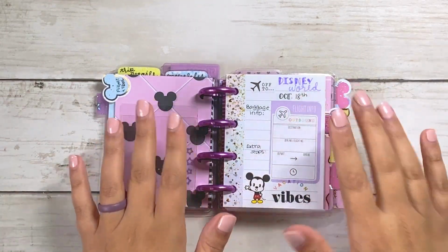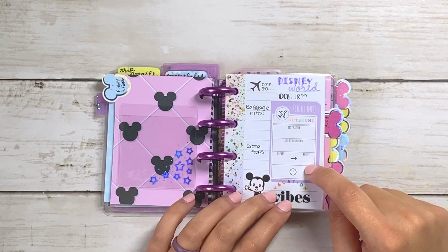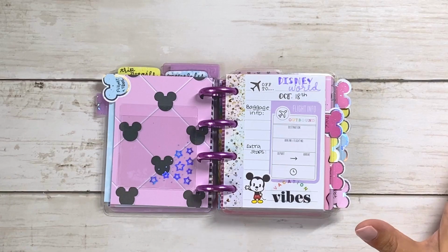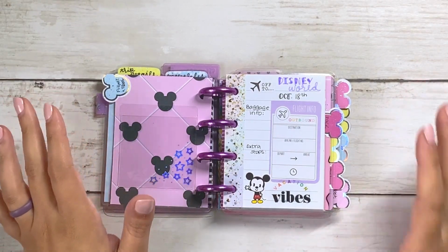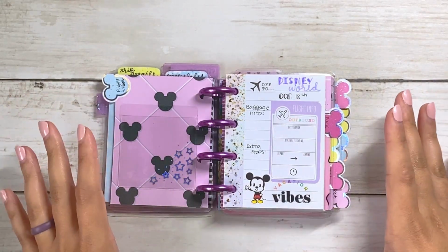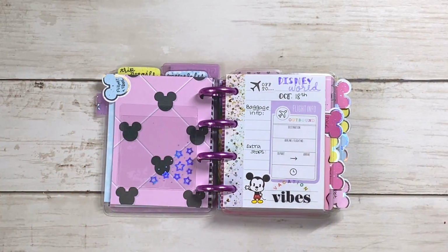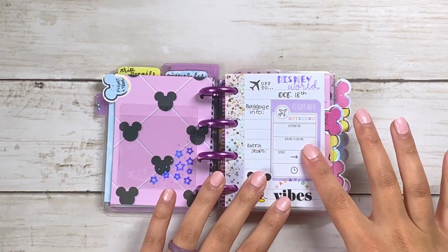So these are my old sheets. These are from our trip that we were supposed to take back in 2020, which my aunt and I ended up canceling because of COVID. But a lot of it is super similar, and I don't want to have to redo sheets if I don't need to. So I think what I'm going to do here, since I never ended up filling this out, is